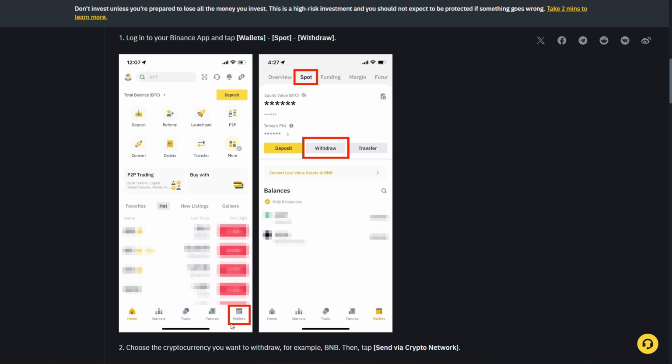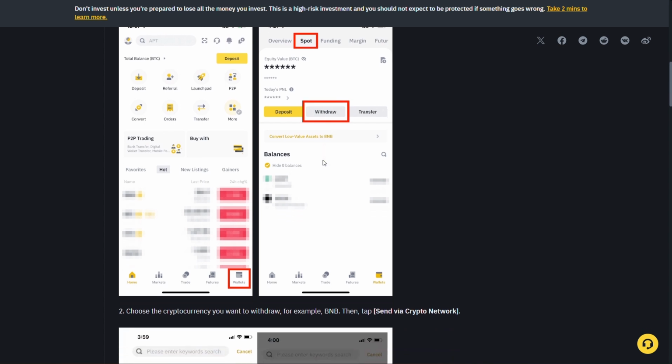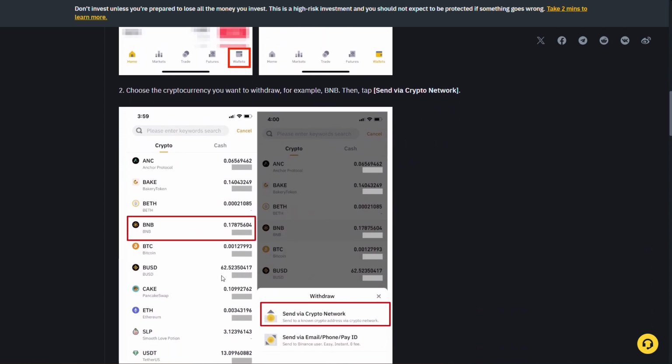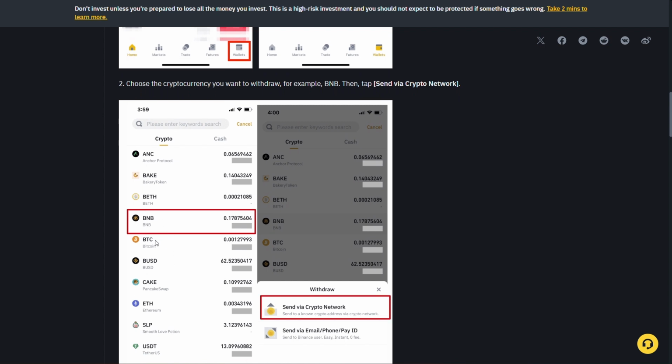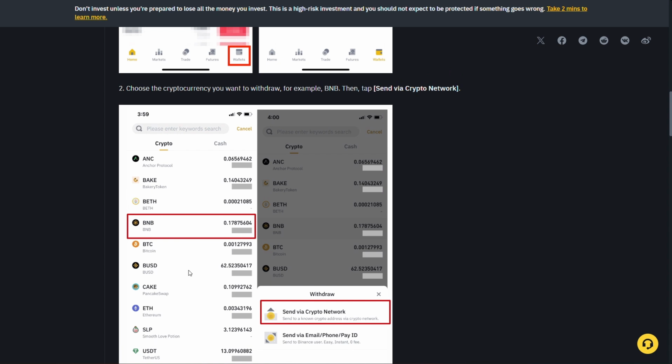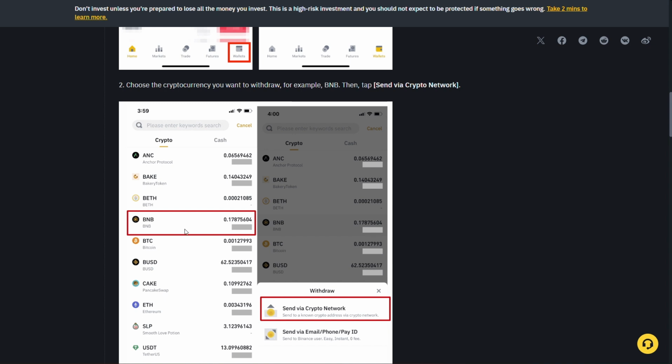phone. From here you'll go to wallets, and from here you'll go on withdraw. Of course, if you want to deposit, you can go on deposit, but this video targets withdrawing. We'll press on withdraw right here, and from there it'll give you an option of cryptocurrencies that you want to withdraw from. You want to withdraw BNB, BTC, Ethereum, that's your choice, USDT. You can choose one of these cryptocurrencies that you want to withdraw, and then you'll basically just press on it,